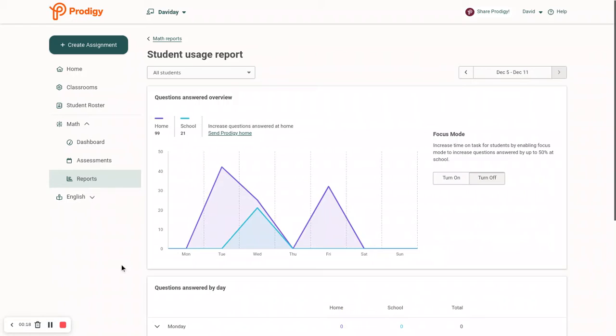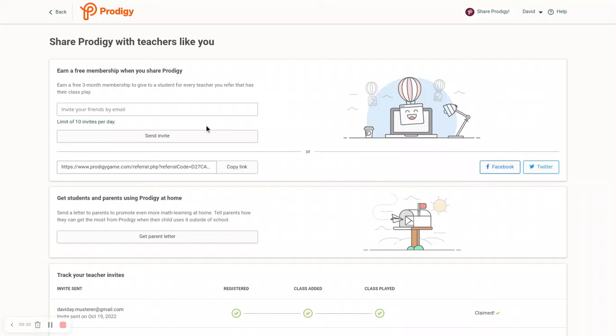get it. So what you're going to want to do is make a teacher account. It pretty much just gives you the whole tutorial on how to do that, so I'm not going to show you how to make one. And then after a day or two, the share Prodigy button should pop up. So once you see the share Prodigy button, you're going to want to click on it and it will send